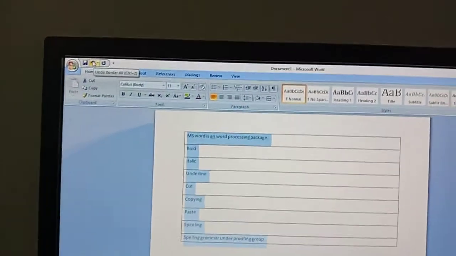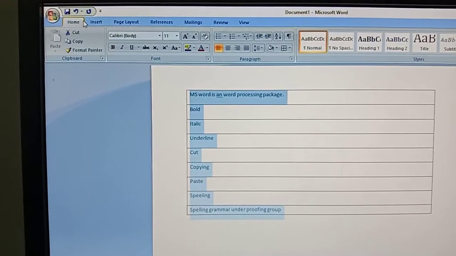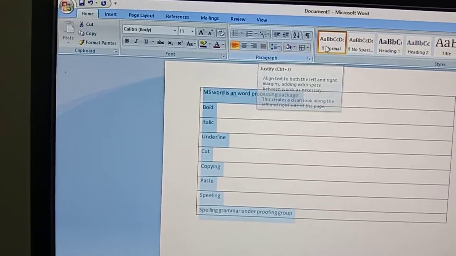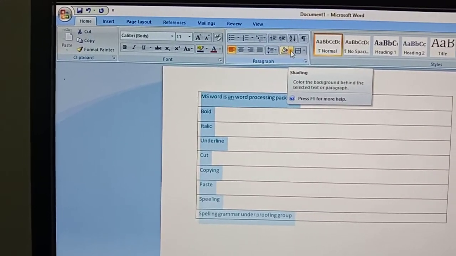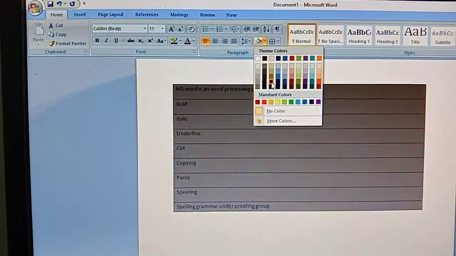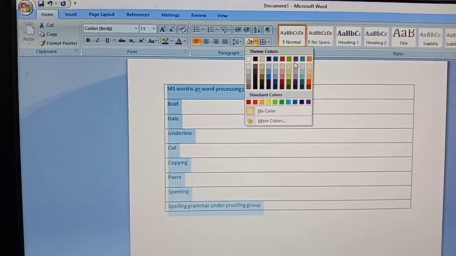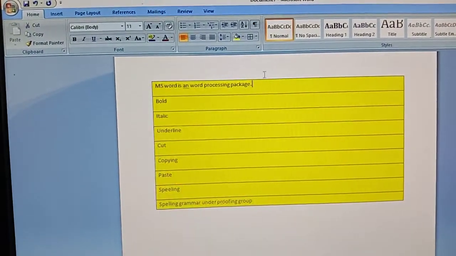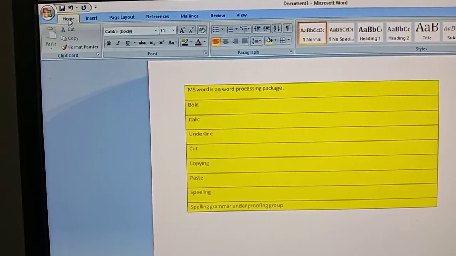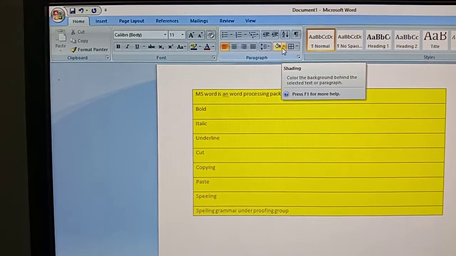You can apply shading to your text. To add shading, in the Home tab, go to the paragraph group and you have the borders and shading dialog box. Click borders and shading, click the drop down list. You can choose any color for shading. Based upon your interest, you can apply any color to your selected text. I am repeating here: the borders and shading option is available under the Home tab in the paragraph group. This is the border icon and this is the shading icon.